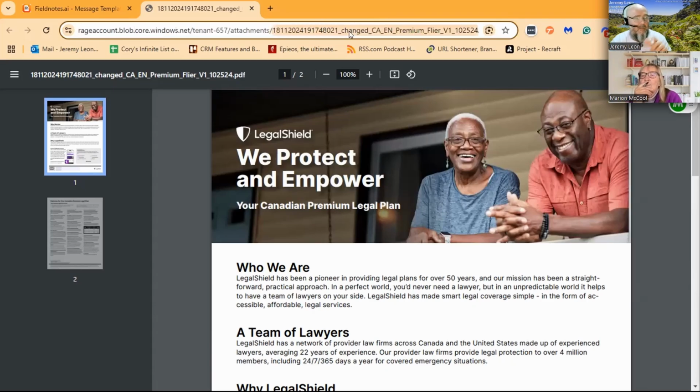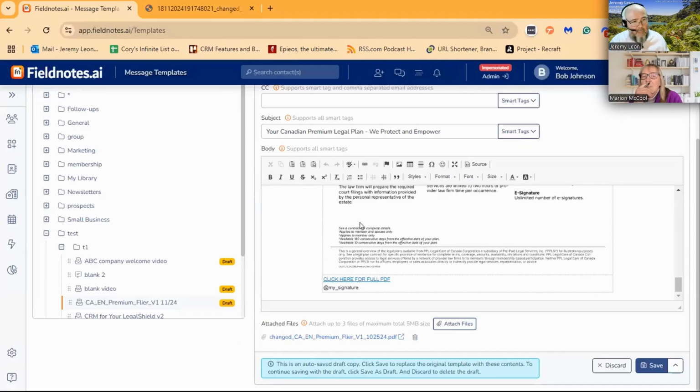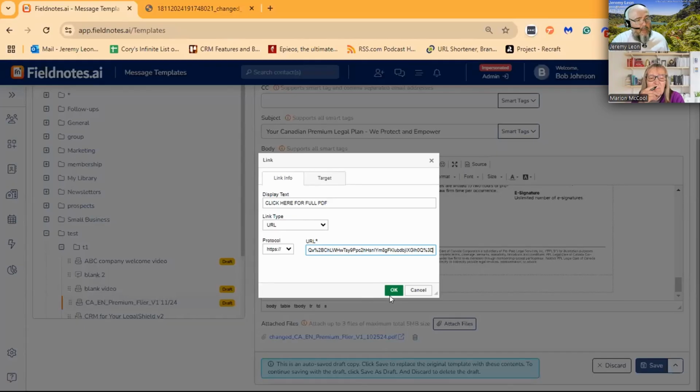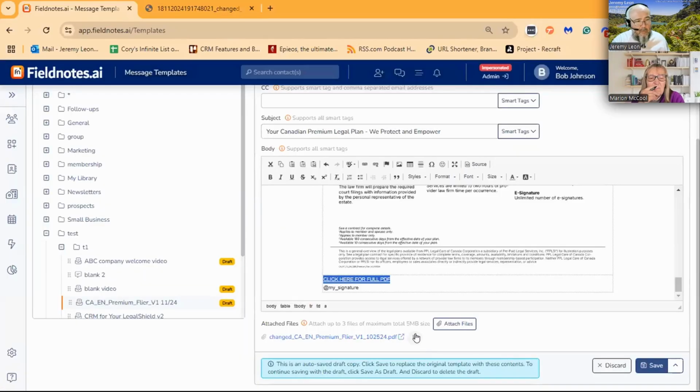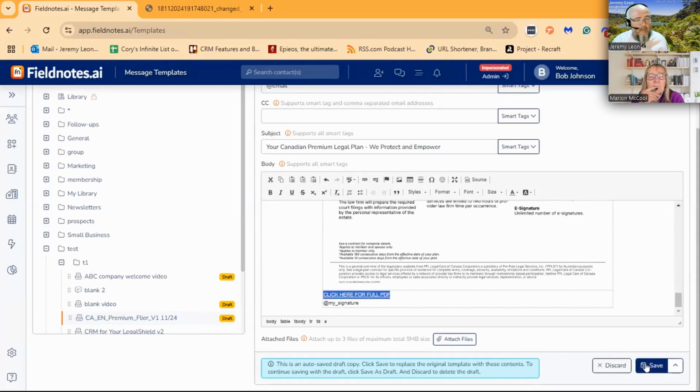But essentially, you can either highlight it or you can select all, copy it, go back to the email, and you basically have to edit this out. So there's the edit link button, and now you just do that and hit save. Please remember to remove the email from it and then hit save.